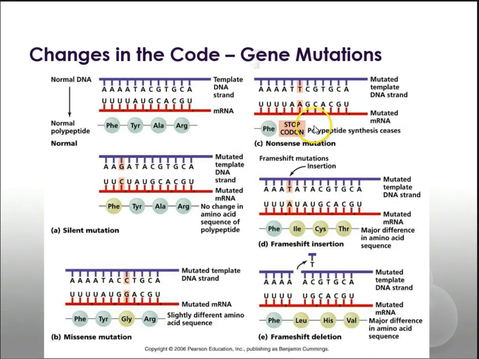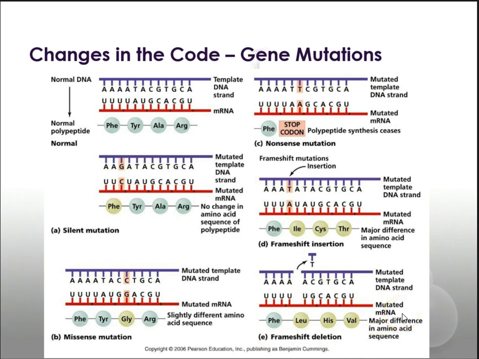Okay. Now, a nonsense mutation means that when you change one of these, it actually changes to a stop codon, which means that you have this totally mutated mRNA that's cut short and will not do what it needs to do. Okay, so those are the three substitutions, right? Now, the two different types of frame shift, you have an insertion, right, which is where you can add in a whole nucleotide base. That is going to shift the line so you get entirely new amino acids, or you can take one out. Again, it's going to shift the line, but this way, and you're going to get entirely new amino acids,